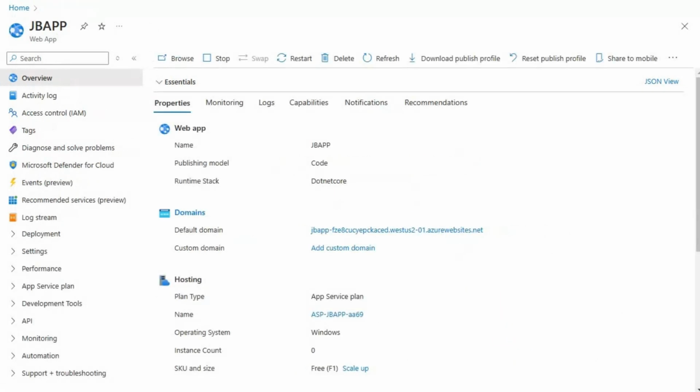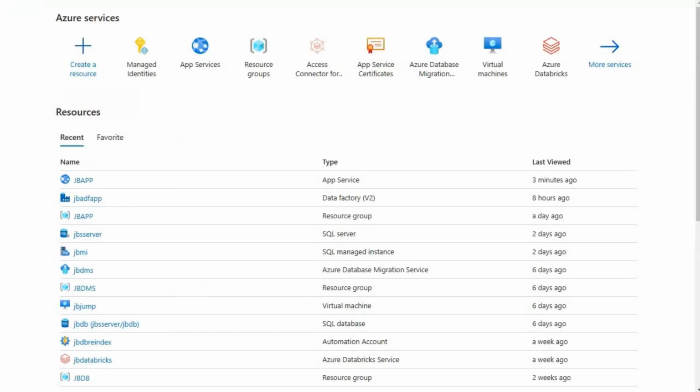I'll be utilizing this particular app services. If you look at this app services, this is the same app service that I used in my previous video as well. If you want details like how to create an app service, then I would recommend you to look at my previous video. So since this video is about utilizing the user-assigned managed identity,